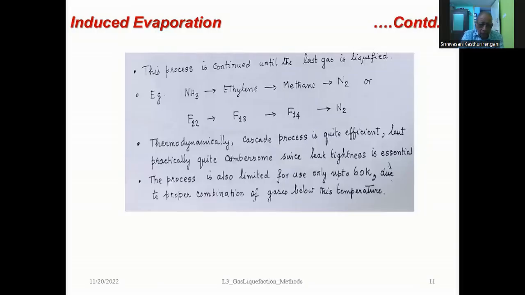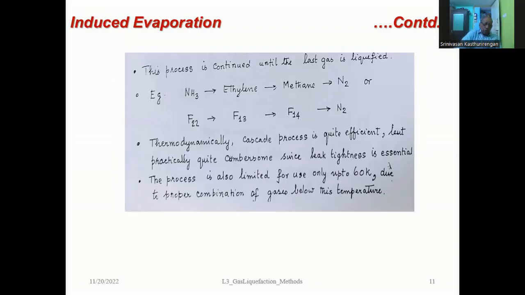And for example, if you want to liquefy, let's say, nitrogen, you can start with ammonia and then use ethylene, methane in the process and finally come up to nitrogen. Or you can also have another cycle wherein Freon 22 along with Freon 13 and along with Freon 14 and then finally liquid hydrogen. Now, thermodynamically, this is supposed to be a very efficient process, but practically very cumbersome because